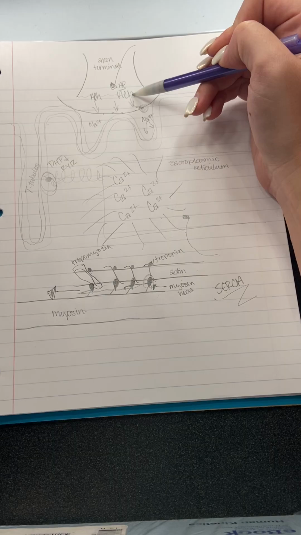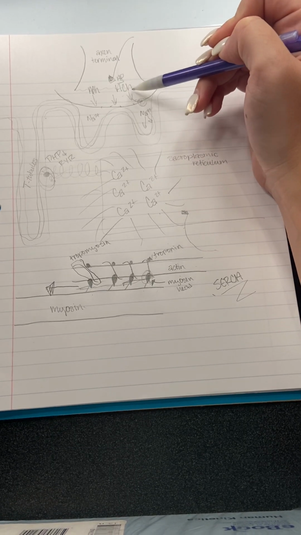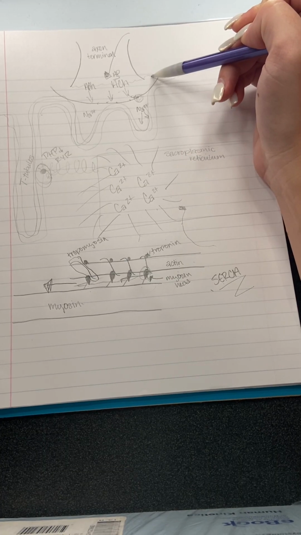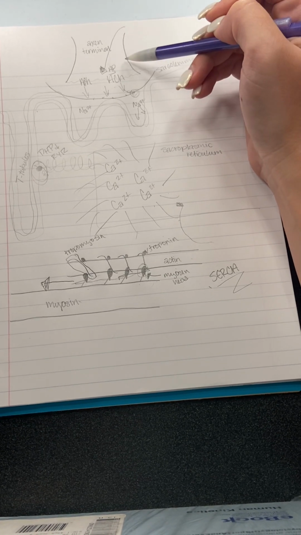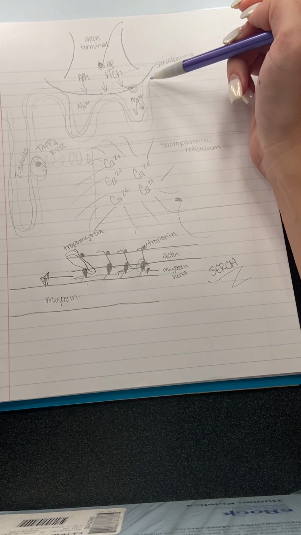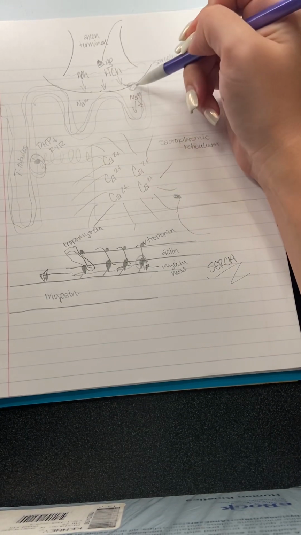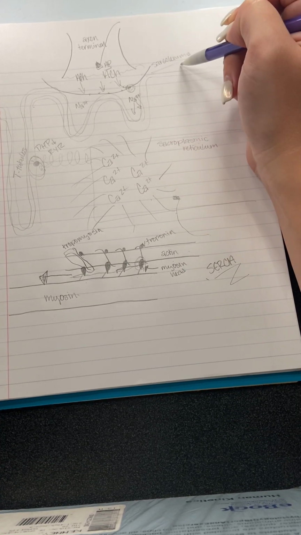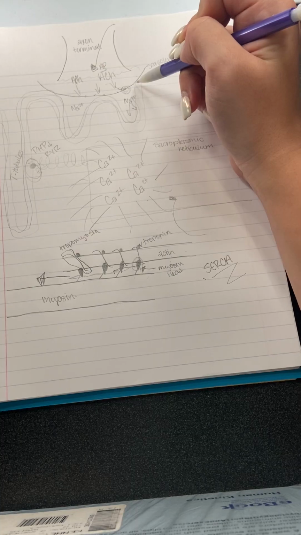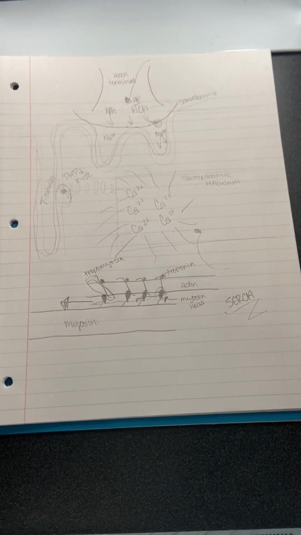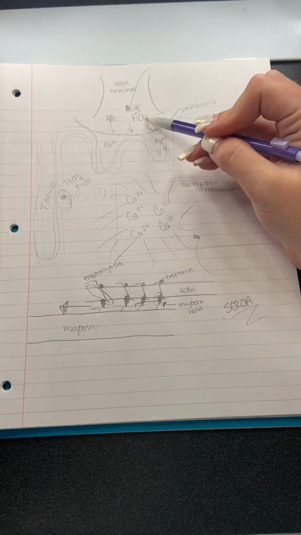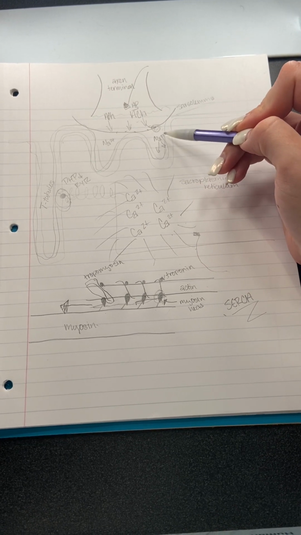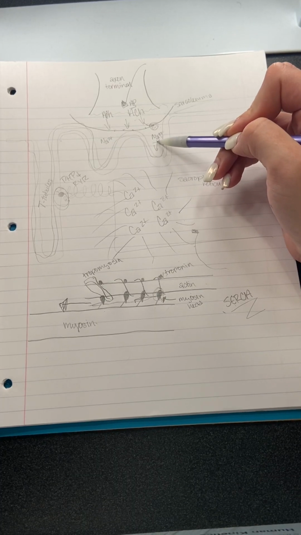going to release acetylcholine. So this acetylcholine is going to be released into this neuromuscular junction, which is the space between this axon terminal and the actual muscle fiber itself. And it is going to bind to these receptors on the sarcolemma. So this is basically the outside of the muscle cell. Here we go. And so once this acetylcholine binds to these receptors, it's going to then allow the release of